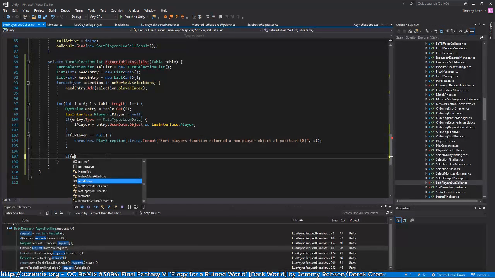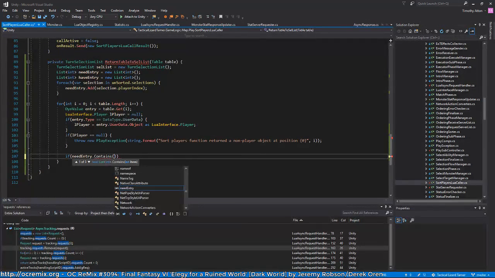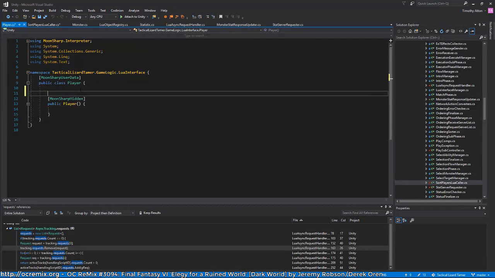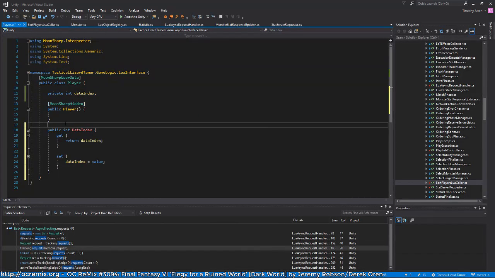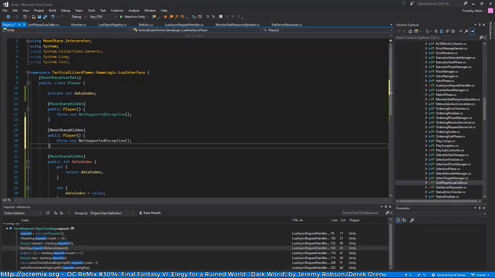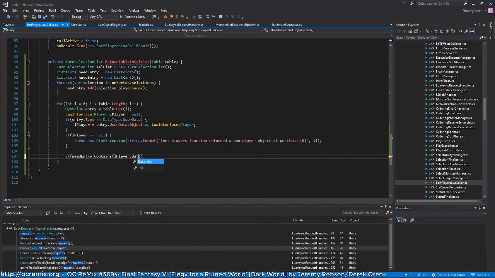So if need entry contains Lua player dot, oh, I can't get the index from here, can I? Oh yeah, this doesn't even include the player index. Data index, and then this should be hidden, and this should throw new not supported exception, and then we need to create a better constructor. For now all we need is the data index. So data index, so if this is false, then that means